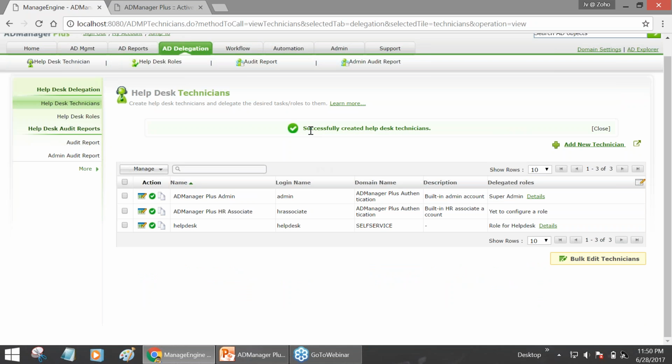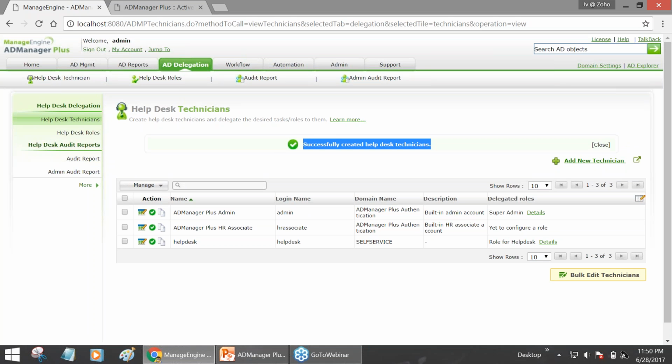So what do we have right here? We have successfully created the help desk technician with a specific role, and that role is for help desk. Yes, with those permissions that I gave this user access to. So now I've logged in as the administrator. What I'm going to do is quickly switch to this specific technician, the help desk technician who was just granted a role for the help desk, and I'm going to show you how the